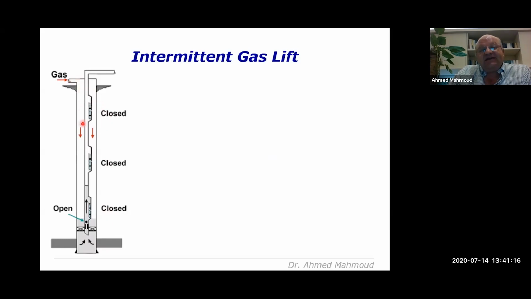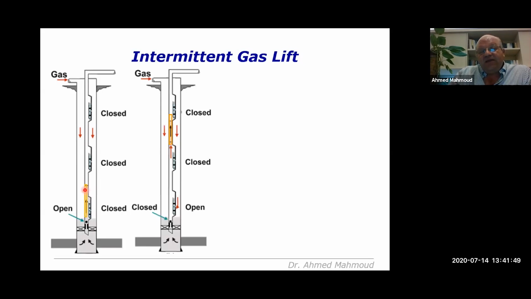You will inject gas here, and you will have a small orifice valve at the bottom. Once you start injecting gas and this orifice valve opens, you will initiate a liquid or fluid column to start coming in. This fluid column will start to make its way to the top, to the surface. And you keep on injecting, and the orifice valve will now close, and the gas lift valve will